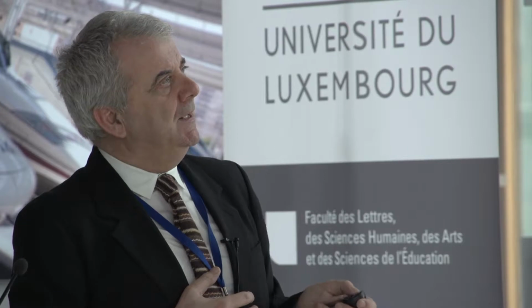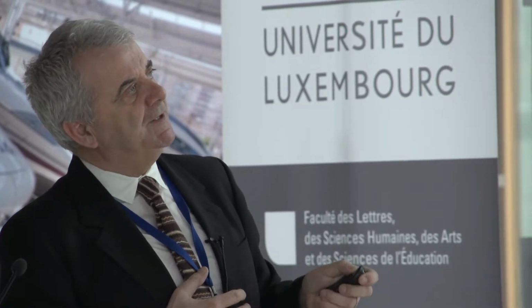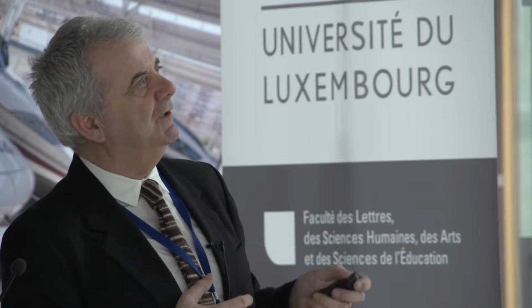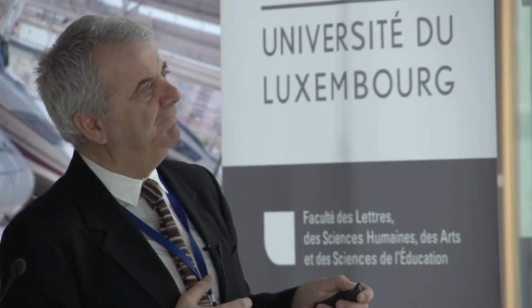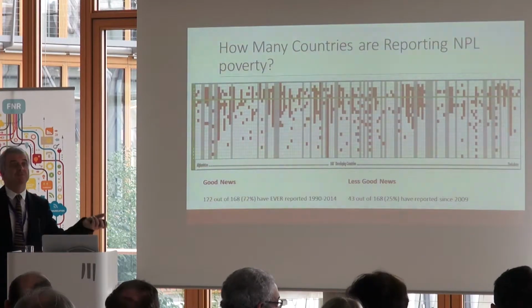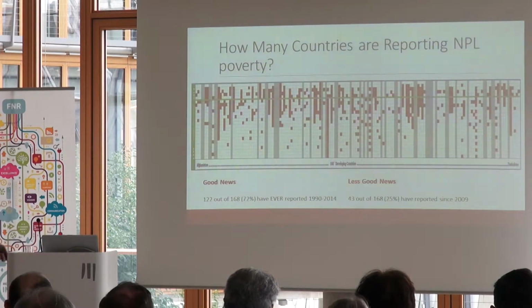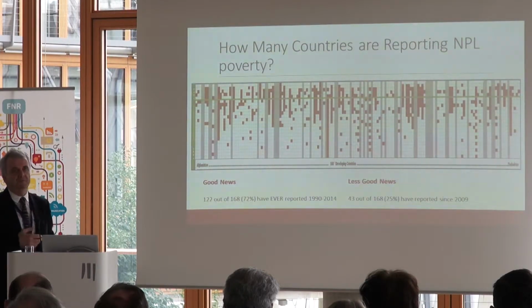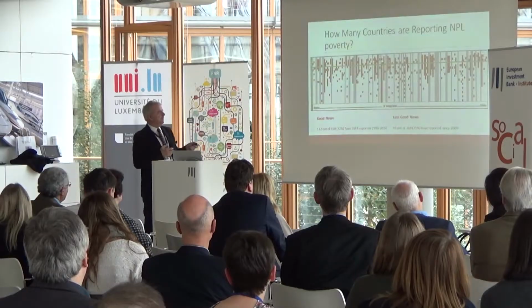So what we see is huge differences in patterns, both in regularity of reporting. We have some countries with long blocks where they've reported every year. We have other countries who've only ever reported once. This is Eritrea back in 1993. It's only ever once reported poverty. But we see other countries who don't do it every year, but do it very regularly. Look, every two years, poverty, poverty, poverty, poverty. Yeah. But across these